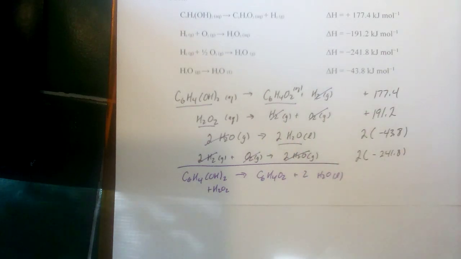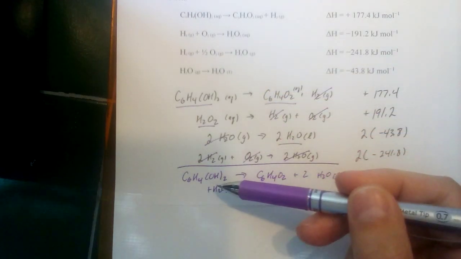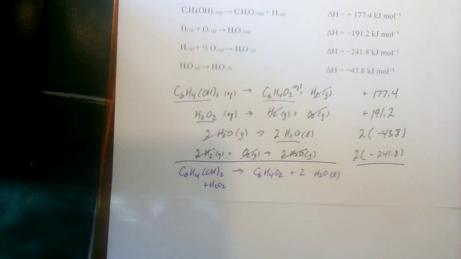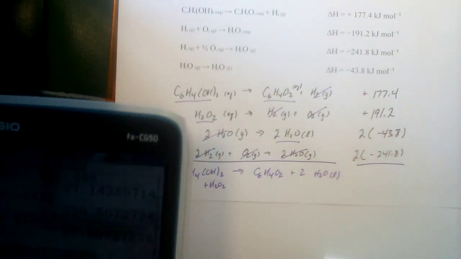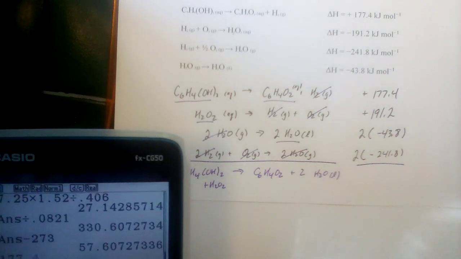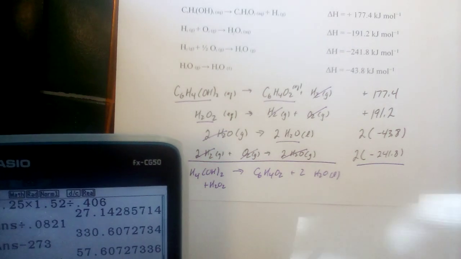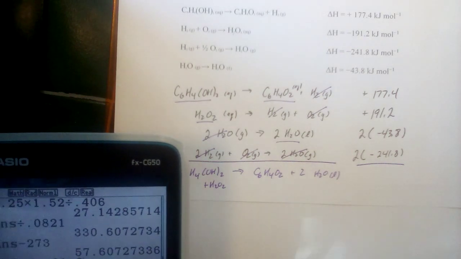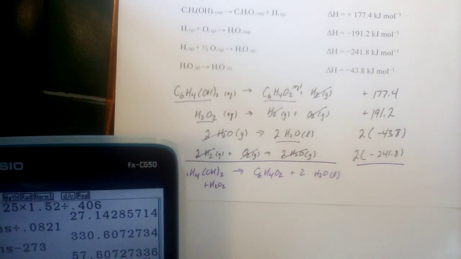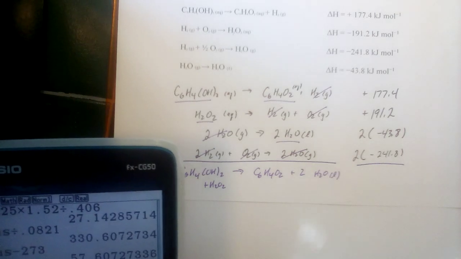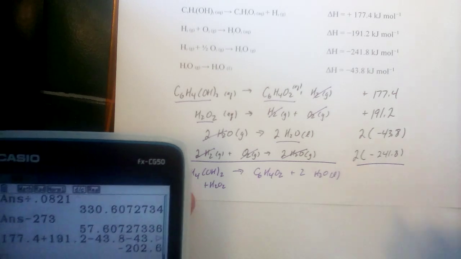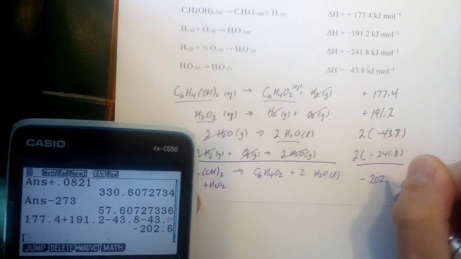So Hess's law says if I add all the pieces and get the reaction I'm looking for, I can add all the enthalpies and get the enthalpy I'm looking for. So we just need to combine this together. Now watch your signs, right? Watch those negatives there, and don't forget your multiplies. So 177.4 plus 191.2 minus 43.8 minus 43.8 minus 241.8 minus 241.8. And this all comes out to minus 202.6